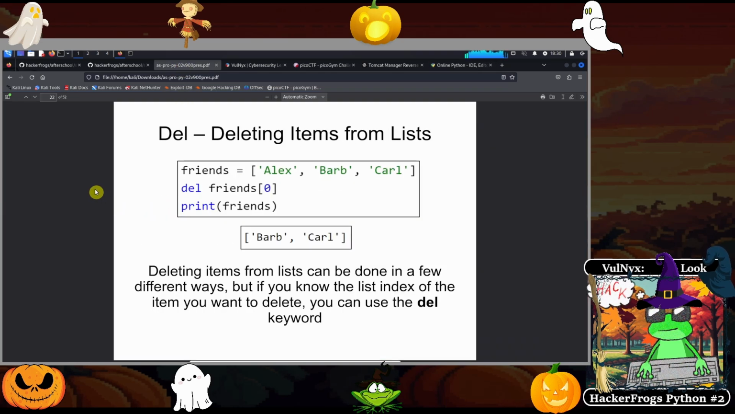So the next thing we're going to learn is how to delete items from lists. We're going to do so with the del keyword over here. Deleting items from lists can be done in a couple of different ways. But if you know the list index of the item that you want to delete, you can use the del keyword. So for example, this is kind of sad, we're losing friends, but if we've got our friends list,